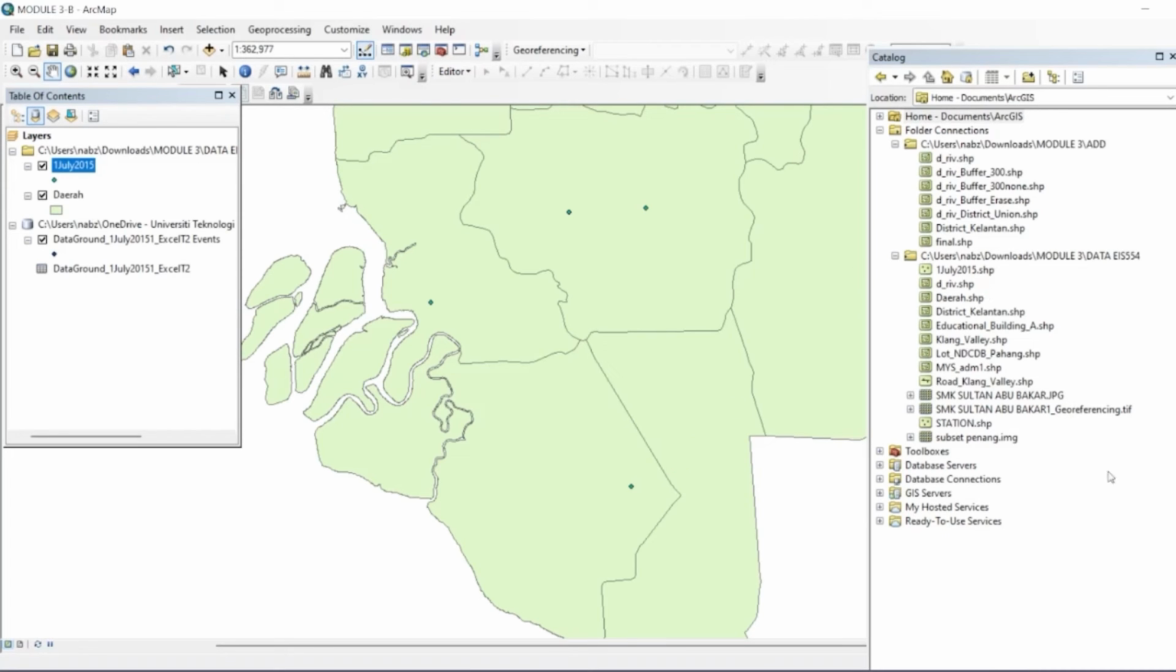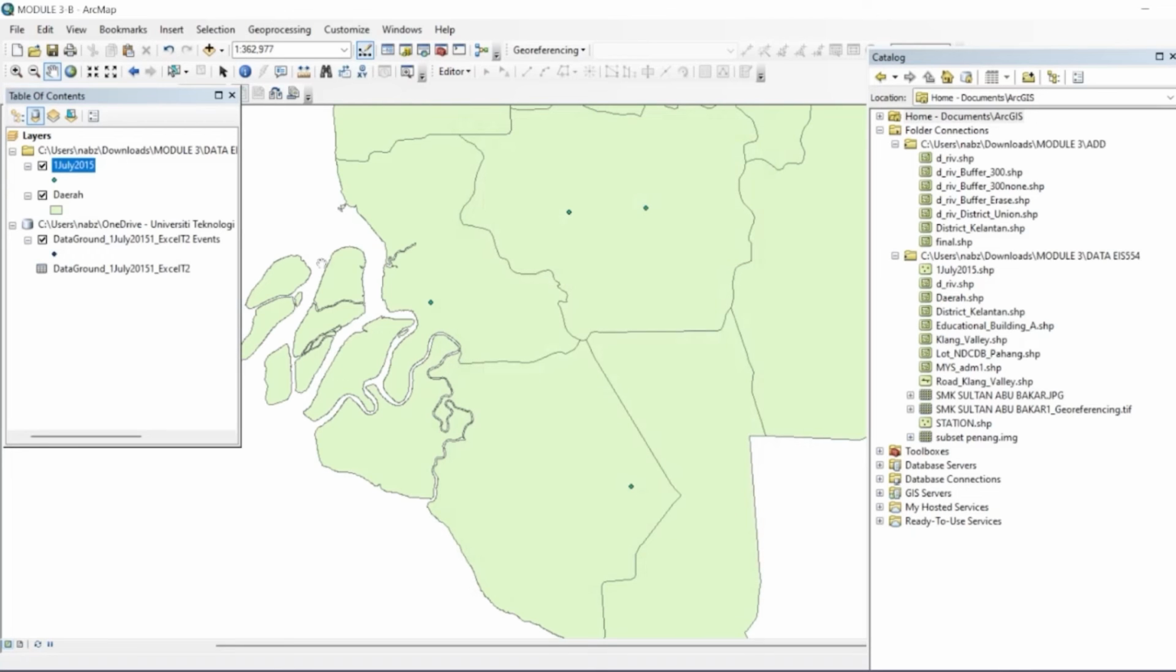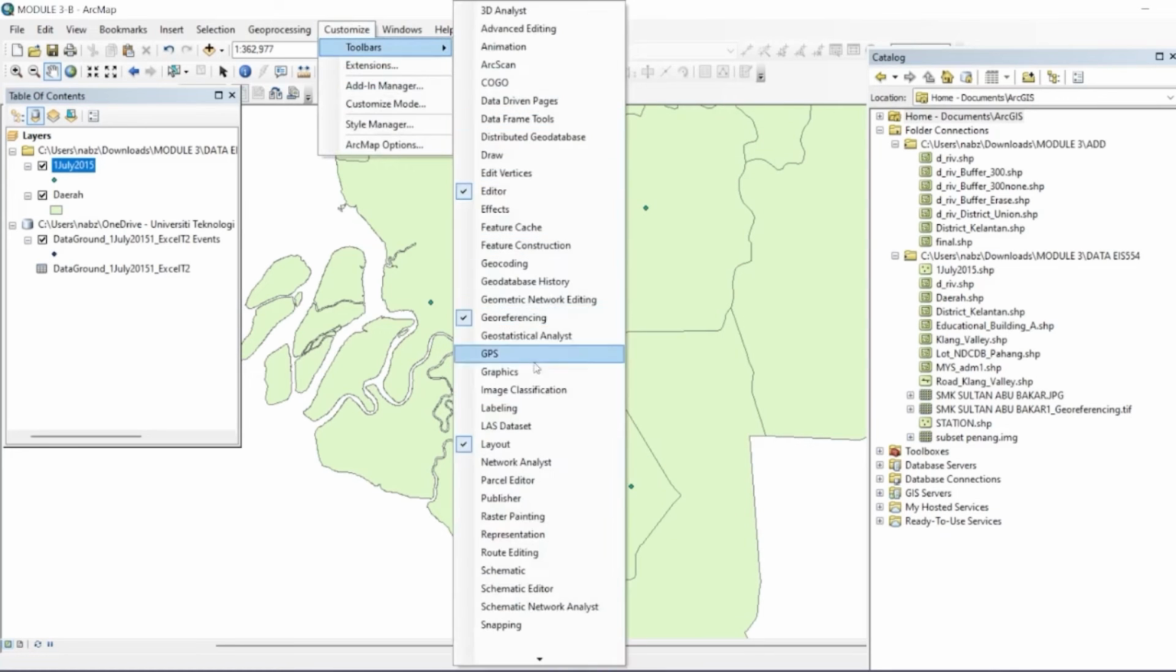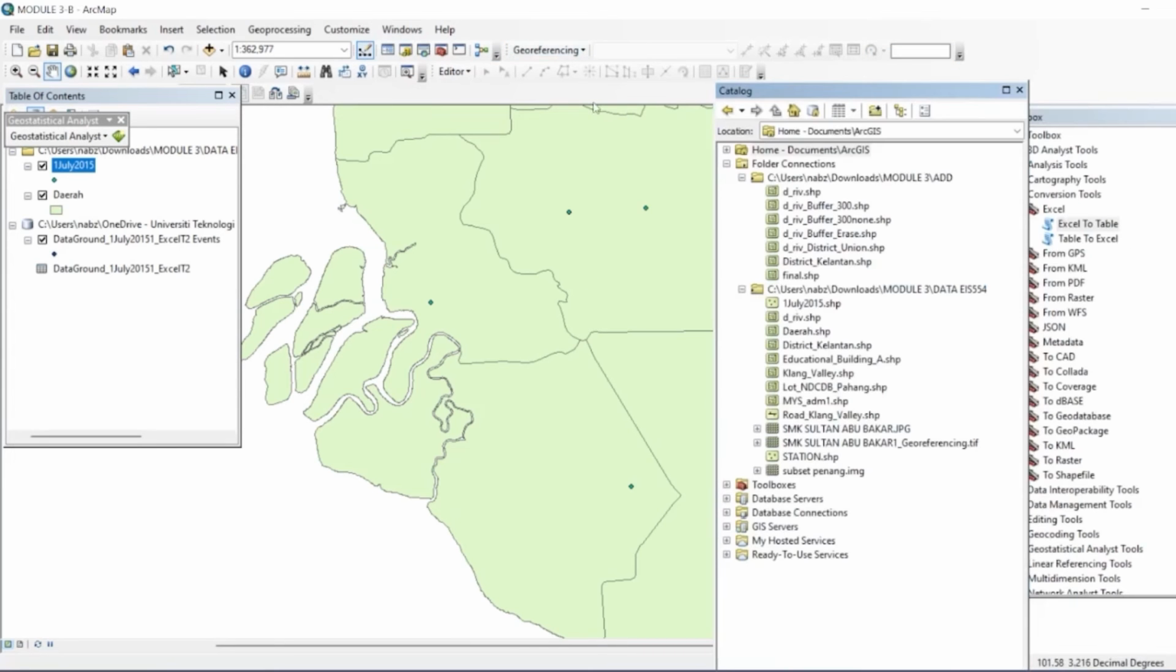So first what we need to do is click on customize, and then click on extensions, and make sure the geostatistical analysis here is ticked, and then we'll add the geostatistical analysis to the toolbar. Here, geostatistical analysis, make sure it's added. And if it's not appearing, oh, here it is. So we can drag it on top here. Okay, so now let's perform our